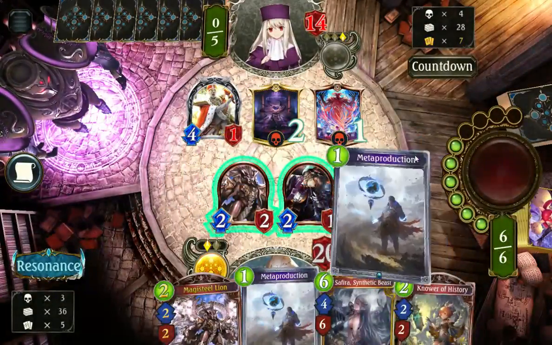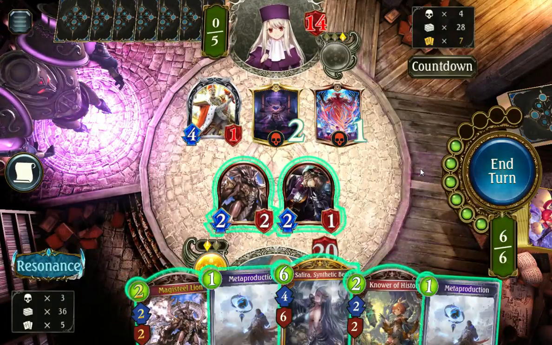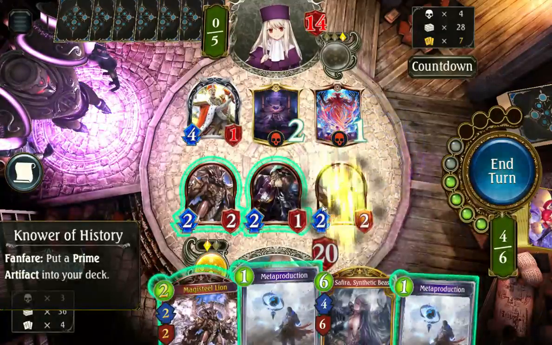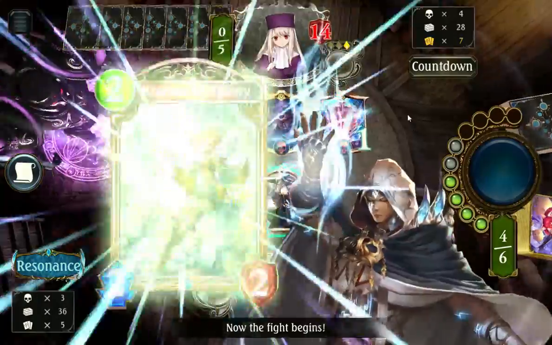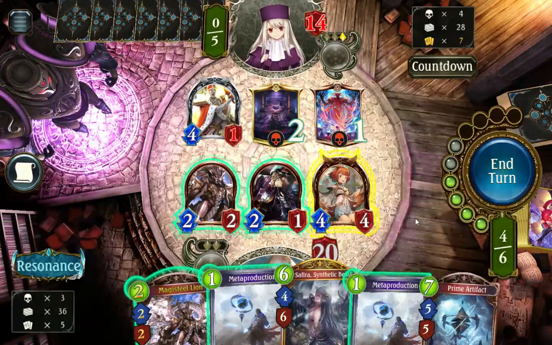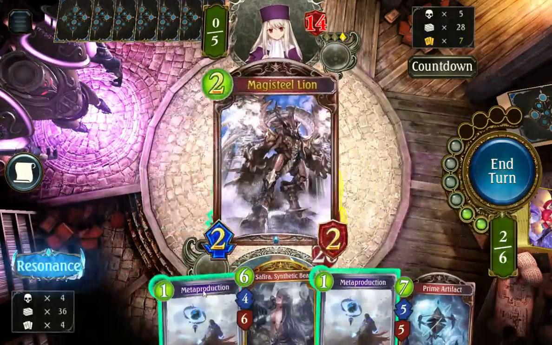So we can make the YOLO play. Alexander isn't doing it anymore with 2 metas. Go ahead, so try these girls out. I'm hoping I draw the Prime this time. Now the fight begins! Go, connect with her. I did. Very nice. Okay. So just... Hey, listen to this! What in the...